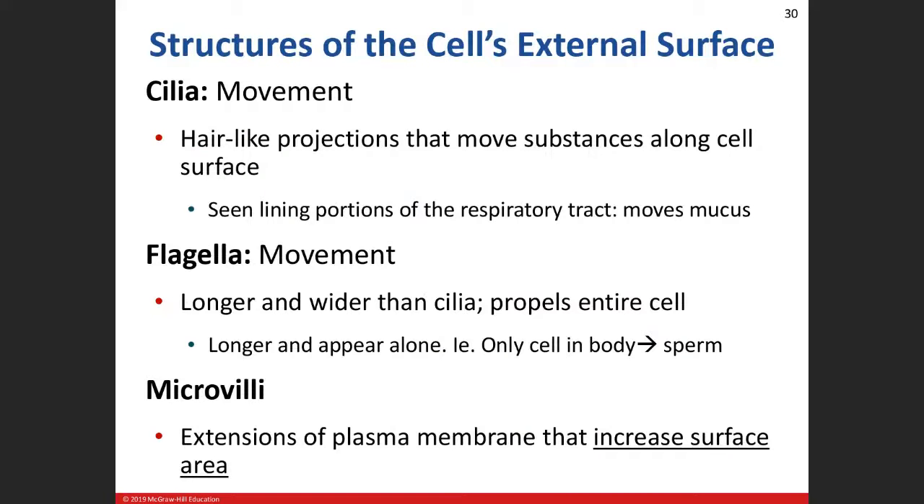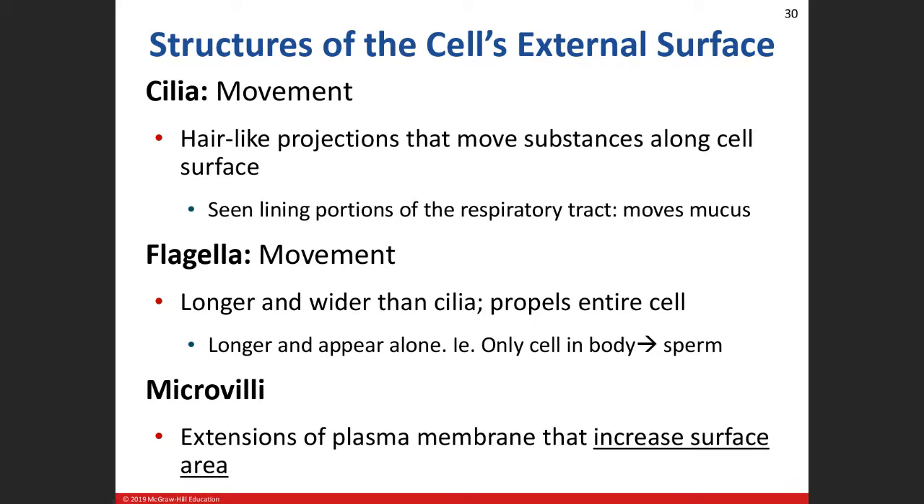Let me quickly go into detail about the structures of the external surface of our cell. You heard me mention cilia, the flagella, and the microvilli. The first two have to do with movement. The cilia are hair-like projections that sit on the exterior surface of the cell, and they move back and forth. They kind of beat substances past the cell. The cell is going to stay stationary, but the cilia will be waving back and forth, and they'll move things past the cell,